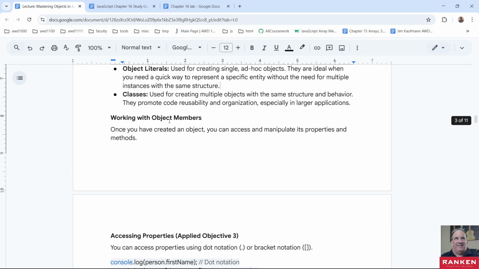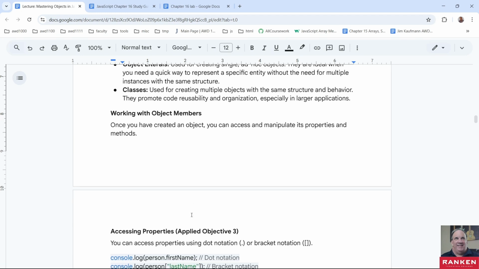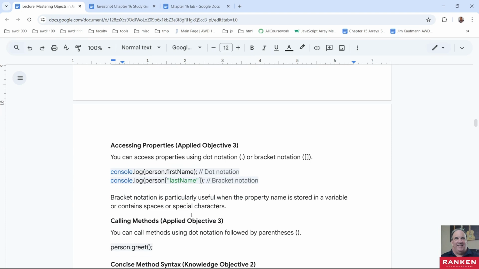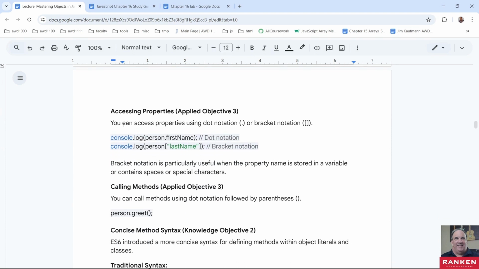So working with object members. Once you have created an object, you can access and manipulate its properties and methods. So accessing properties, you can access properties using the dot notation or bracket notation. So there's two different ways to do this. The dot notation is probably the most used, but you can also use the bracket notation, where you pass in